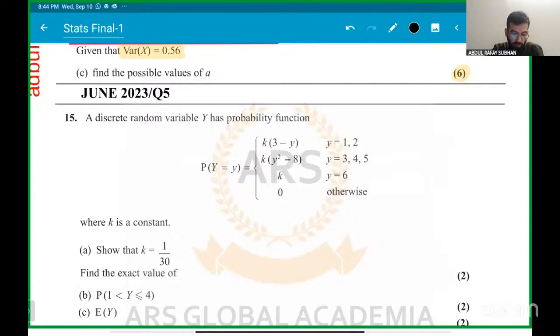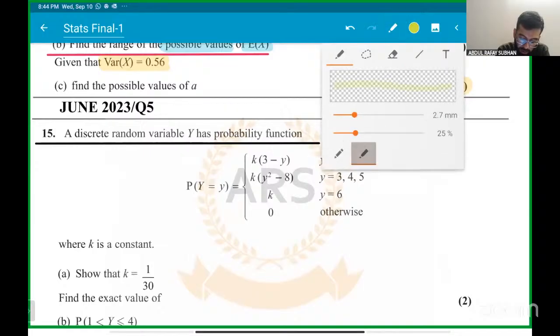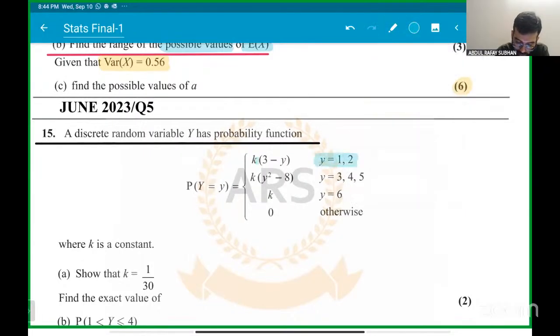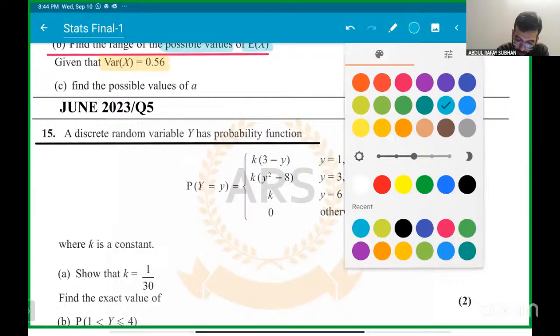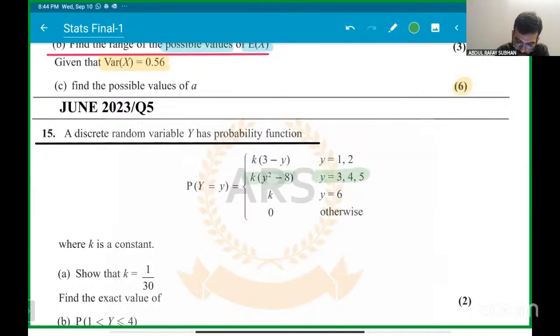So question 15 says that there is a discrete random variable y which has a probability function k times (3 minus y). The y values are 1, 2, 3, 4. How do you read this? When the y values are 1 and 2, this is the function. When the y values are 3, 4, 5, this is the function. When the y value is 6, the probability will be k. And otherwise, meaning values of y greater than 6, like 7, 8, 9,